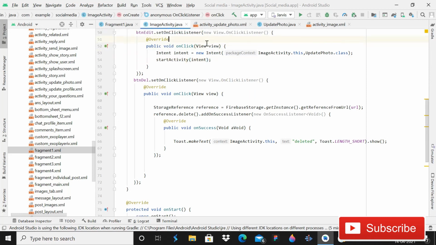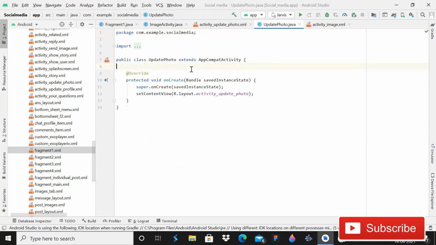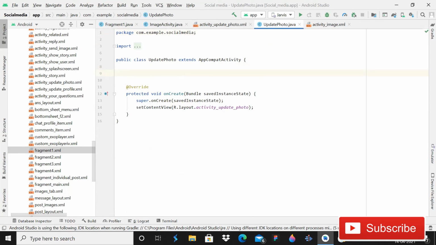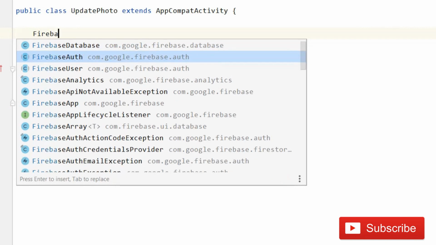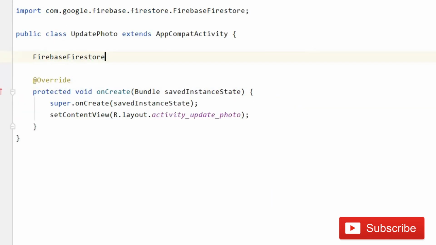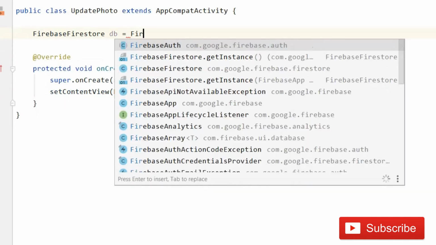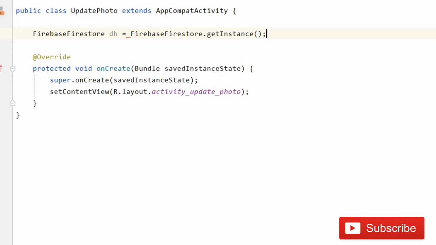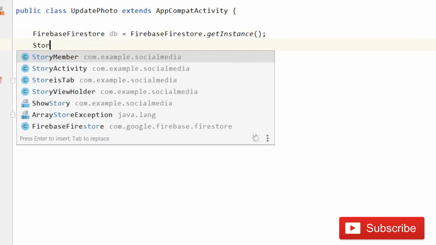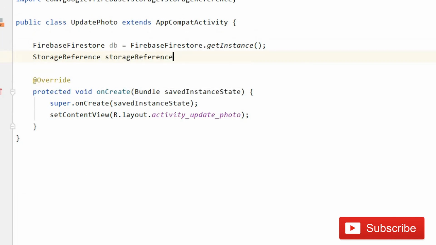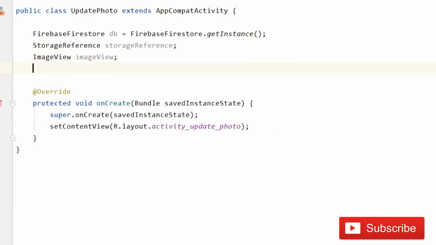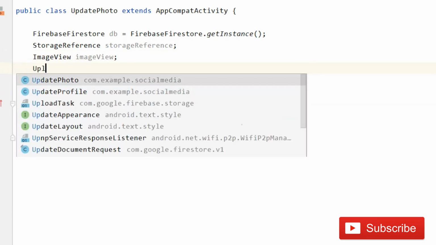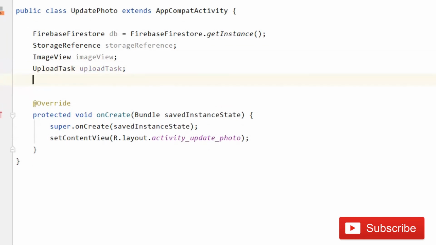So after this, guys, this is our image activity, and we have to go in this update photo. Here first of all we will declare some variables, because now our layout part is done, so we can proceed with the Java part. First of all, guys, you have to write Firebase firestore db equals to Firebase firestore dot get instance, semicolon. And then write storage reference, then image view, and then upload task, then upload task semicolon, and then progress bar,